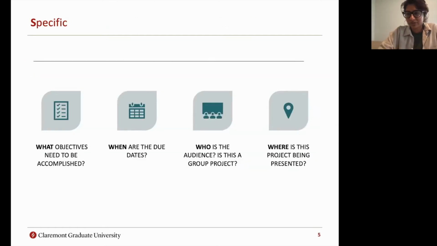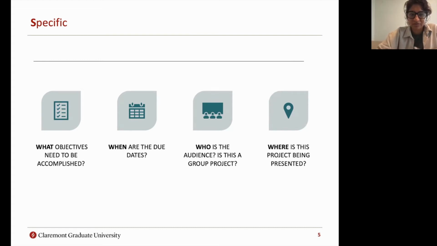So the first component of SMART goals is the importance of specificity in your goals. This first component is about setting up general objectives for yourself. It is about understanding every component of your assignment and being able to outline everything that you need for setting your goals. So this is really the first step in setting out what types of goals you're going to need to accomplish. And that helps for later on breaking down those goals and being able to accomplish them throughout your semester or throughout your time in graduate school.